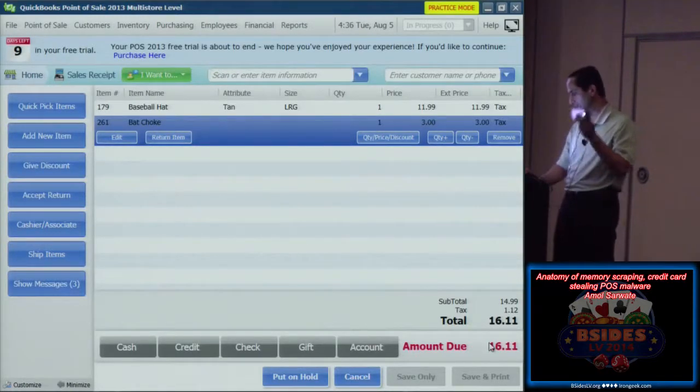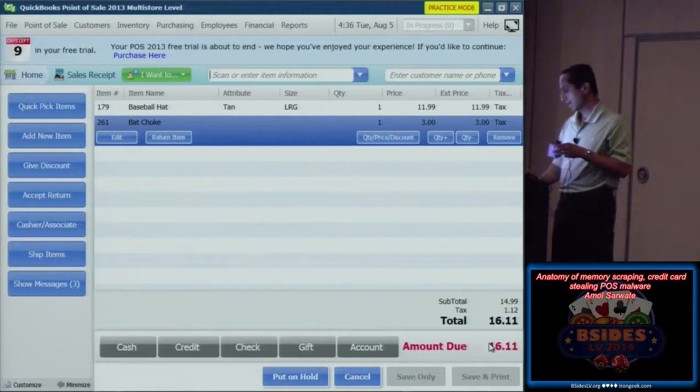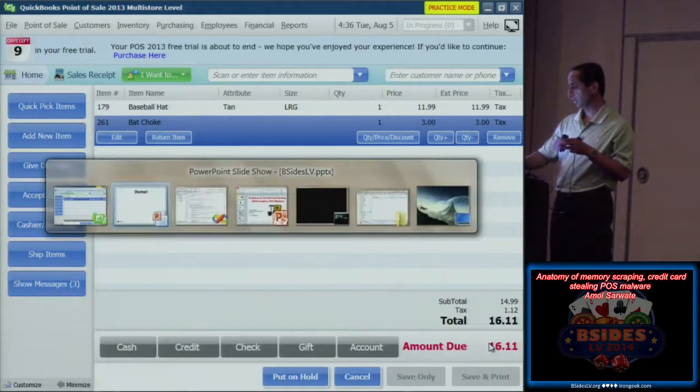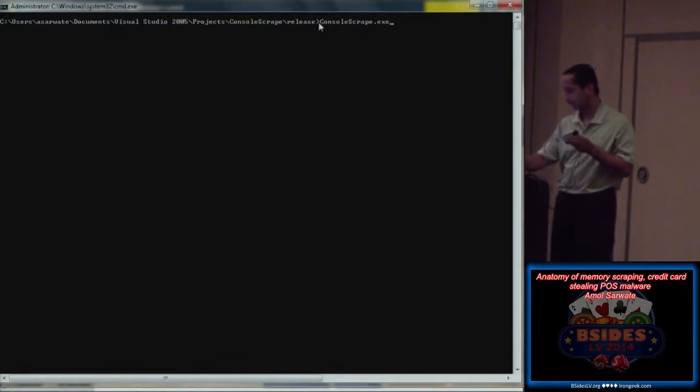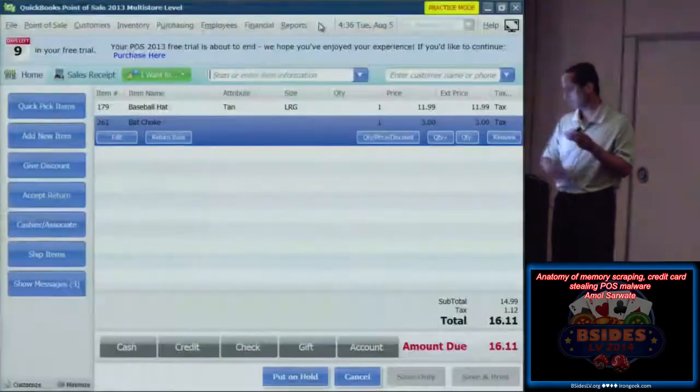The total is $16.11. And now, for demo purpose, this is my Visual Studio directory where the source is compiled in the release directory. And this is the name of my executable, which is the screen scraping, credit card stealing, evil malware.